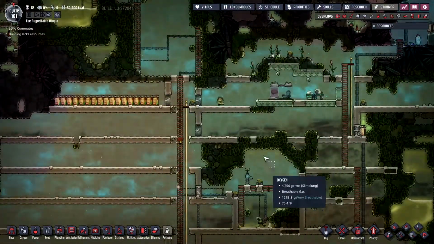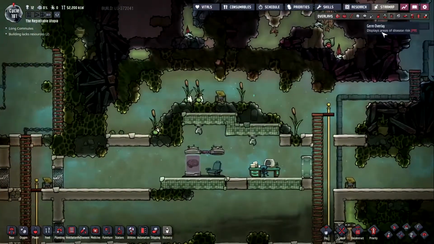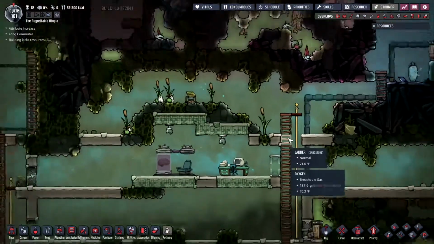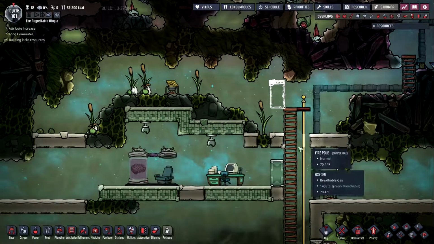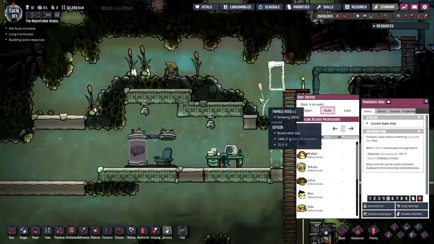So I was working on, beyond getting some stuff cleaned up here, I'm really surprised that this slime does not have any surface germs on it. We've got this area, I want to turn this into a park. And to do that, it's pretty simple. We're gonna build a doorway here. Yeah, we're gonna put that there. We're gonna leave that